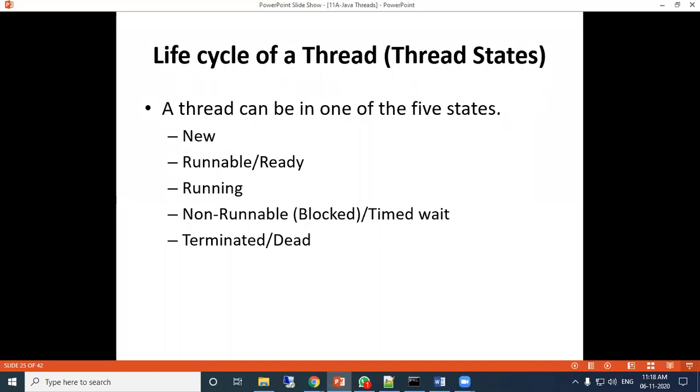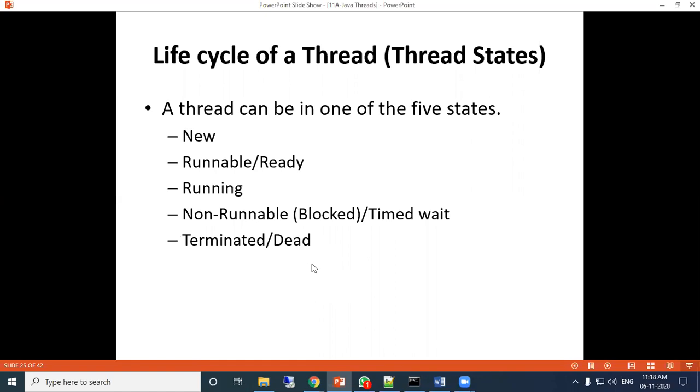So if another thread is required to use a particular resource, then it should wait. That state is called non-runnable, that may be blocked or timed wait. For some time it should wait. Next state is terminated or dead state. Means when you close the thread, that is called terminated state.